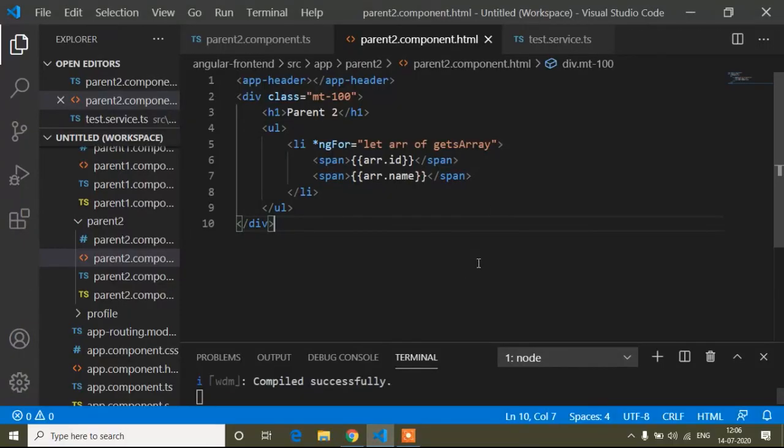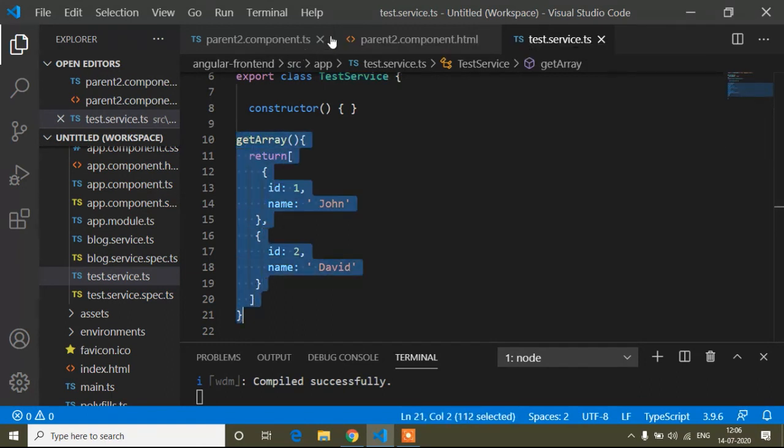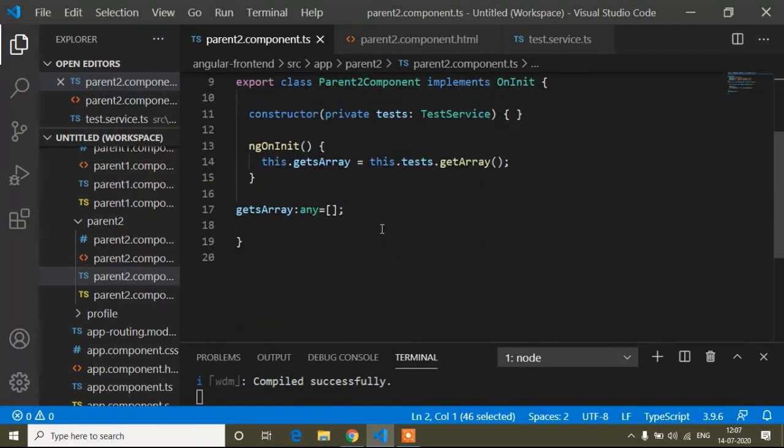Hope guys you understand the use of service. The service, you can see, communicates with the component. We don't need to write this array in all the TS files of the components where I want to show it. I just declare this array inside a service, and now I return this array. So now I can access it in all components. I just import and inject our service, and I get all the methods.